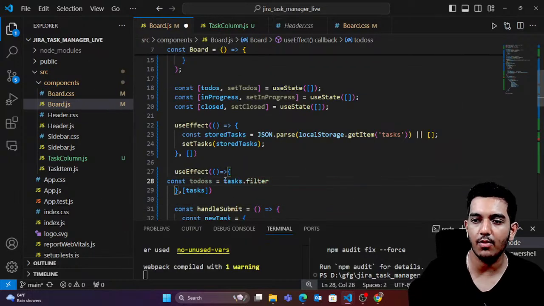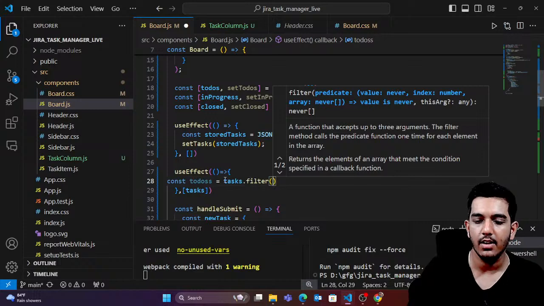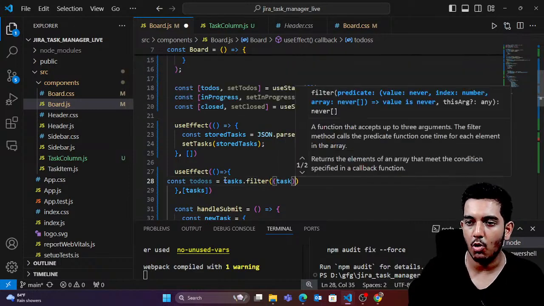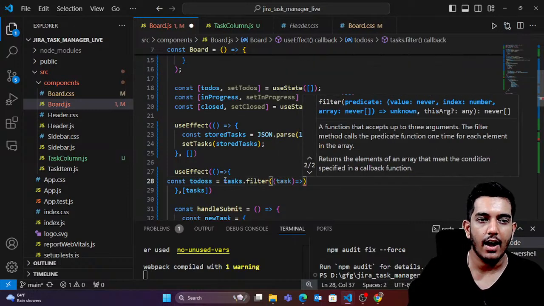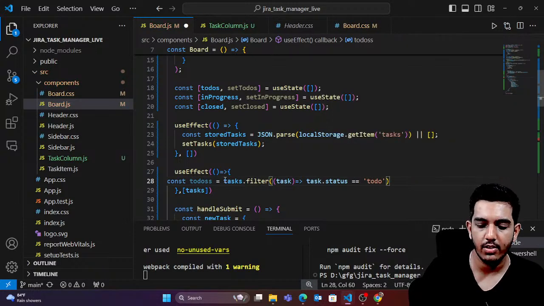I'm just going to say whatever tasks are there in my task array, sort them into the to do's array, the in progress array, and the closed array. That means according to the status. So I'm going to say pick each task, and if that specific task status matches with to do,